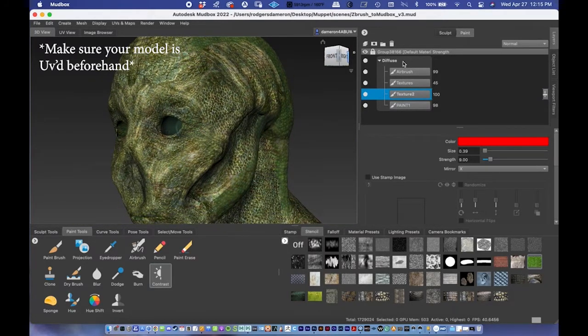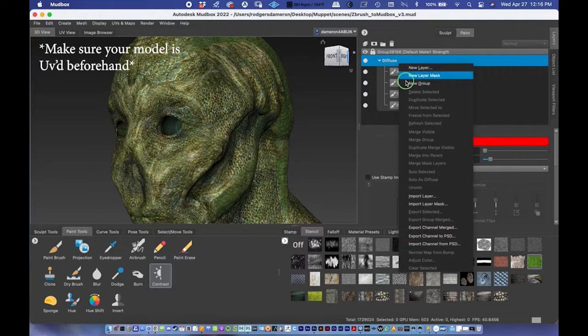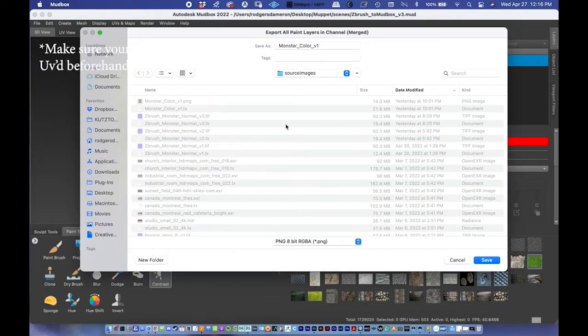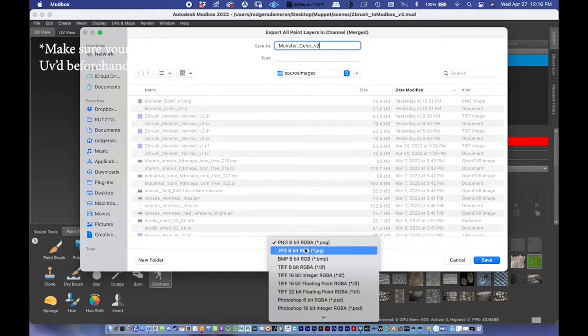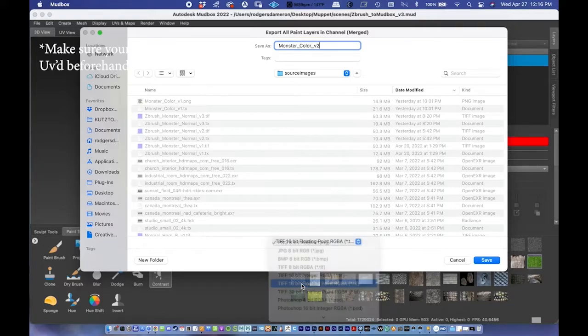For a color map, all I do is click on my diffuse group right here, right click, and then go export channel merged. You could also export it to a PSD if you wanted to, so that's an option, but I just like to work in here and keep it as a flat image. We'll get this menu, and I'll call this Monster Color version 2, and you can save it as a PNG 8-bit, that's totally fine. For this instance, I'm going to go down to a TIFF 16-bit floating point